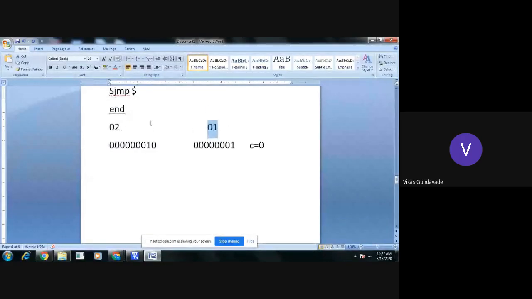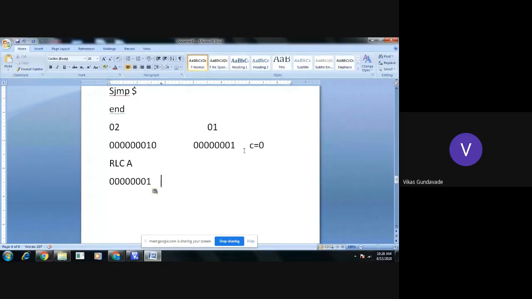Here we have rotated the count towards the right hand side. After checking the status, we will again rotate the contents to the left hand side. So what will happen? These contents are 0 0 0 0 0 0 0 1. These are the contents. Okay. Now after rotating it, what will happen?